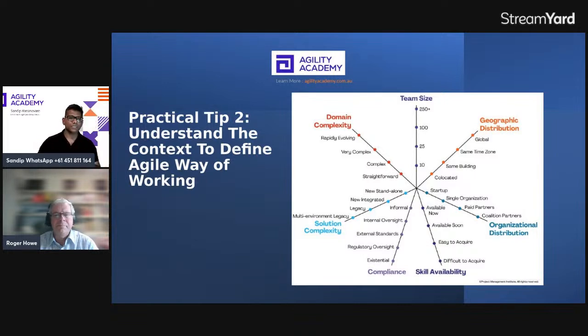Is everyone coming from the same part of the organization, or do we have someone from vendors, suppliers, someone coming as a contractor? Because remember, different team members coming from different backgrounds and organizational history will have some baggage, or they might have different understanding of how things get done. Skill availability. Do you have enough skills available in the marketplace, or are you relying on only one individual whose skills are very, very difficult to be transferred?